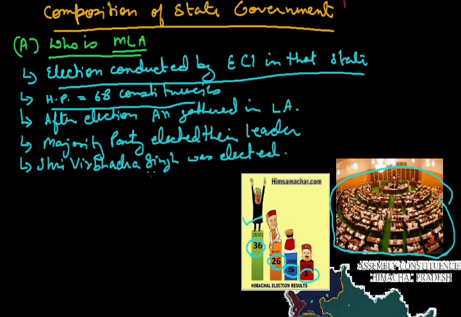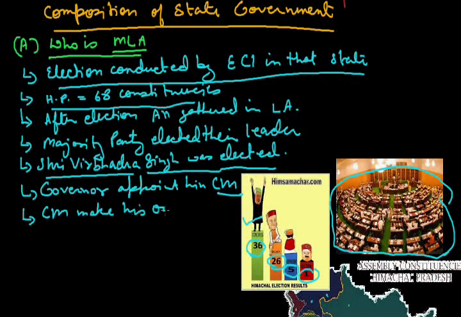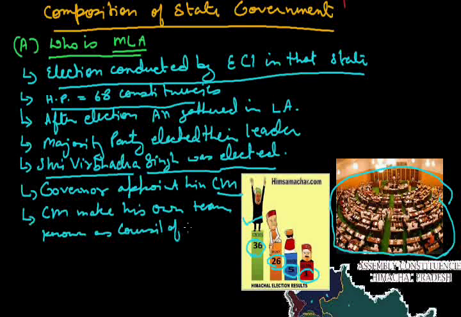In Himachal Pradesh, Shri Virbhadra Singh was elected as the leader of the majority party, that is the Congress, and then the governor calls him and appoints him as the chief minister, the CM, of the state of Himachal Pradesh. And to govern his state easily, he makes his own team. The CM makes his own team known as the Council of